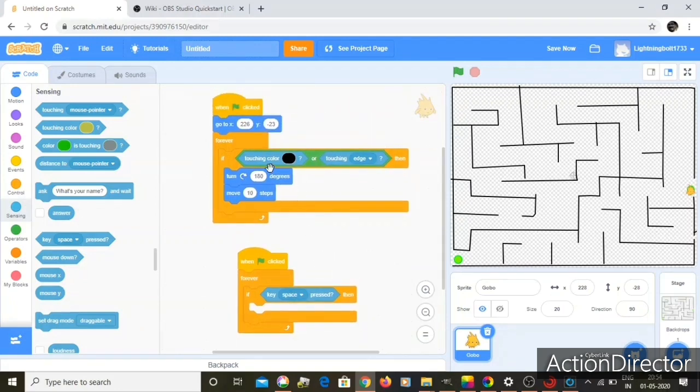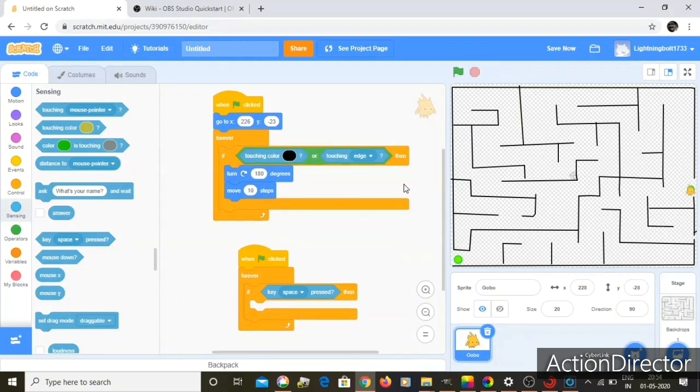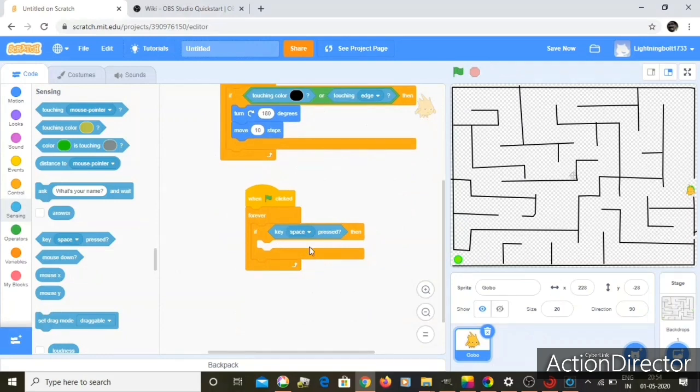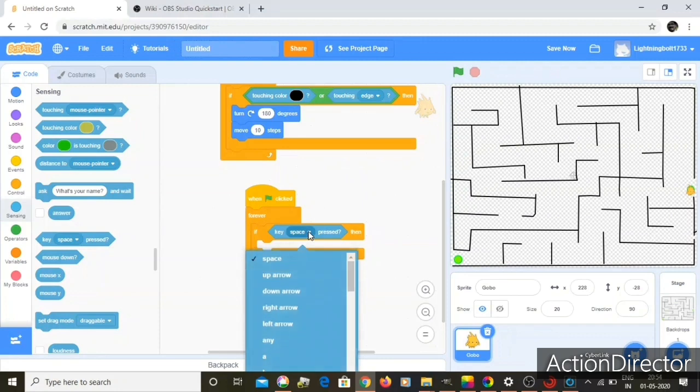So yeah, this script is so that the gobo doesn't go through the maze. This is for the gobo to move. So our game needs some movement, that's why there is. So you can put left arrow or any key you want, but I'm more used to the QWE space movement. So it's your choice which you want to, but I'm just going to say if